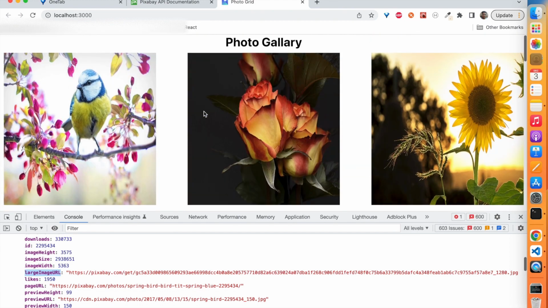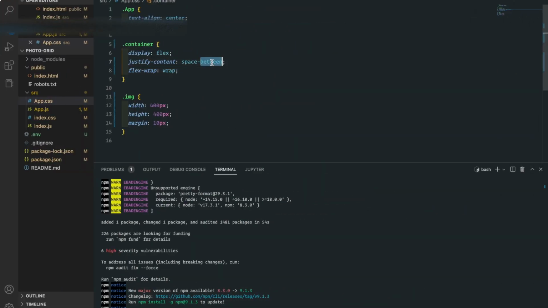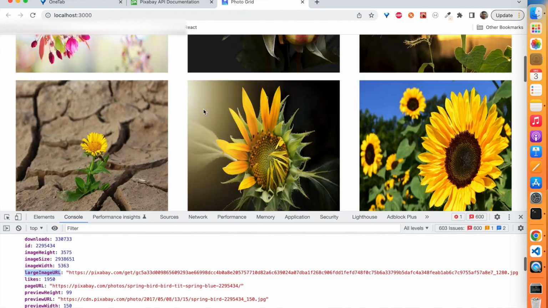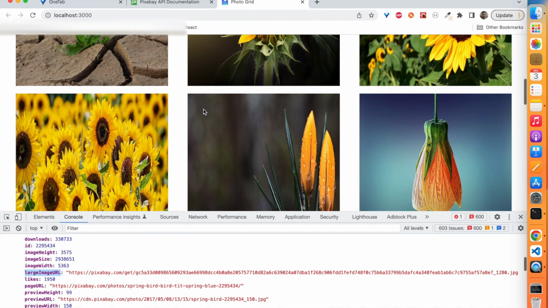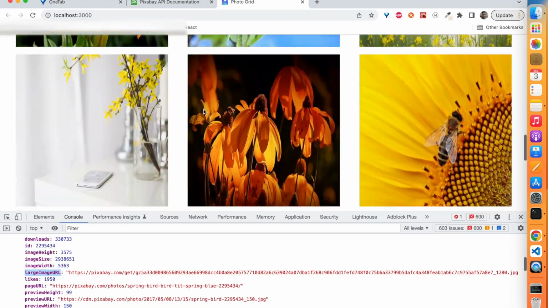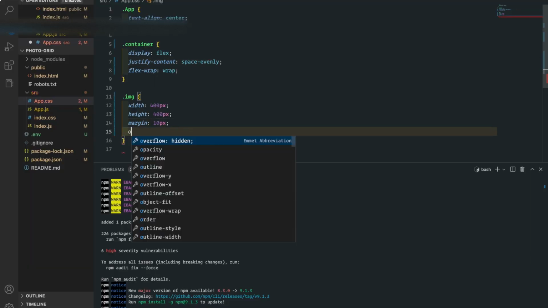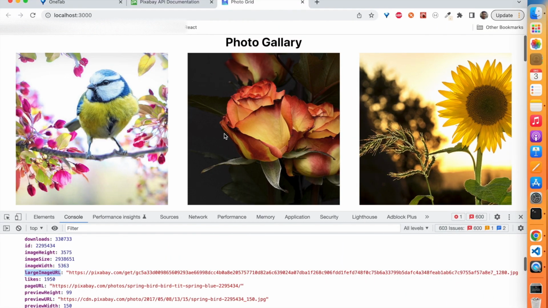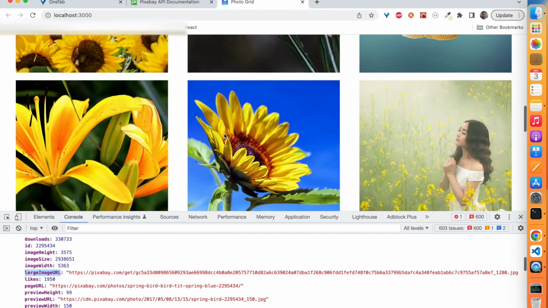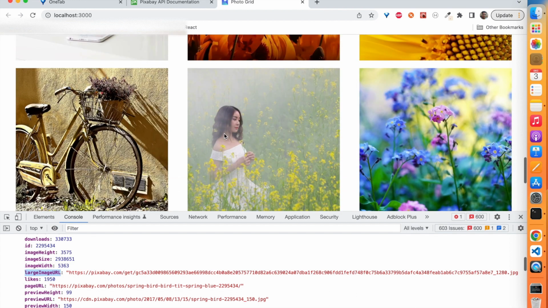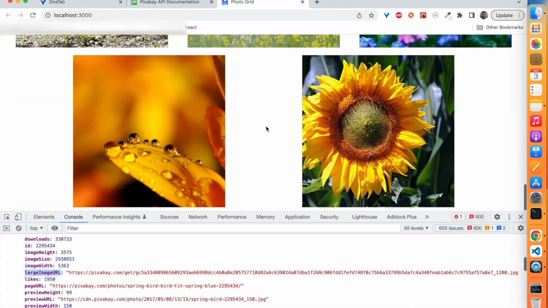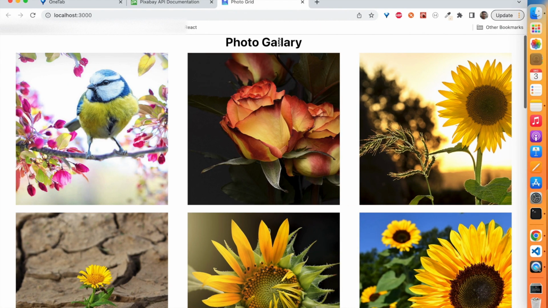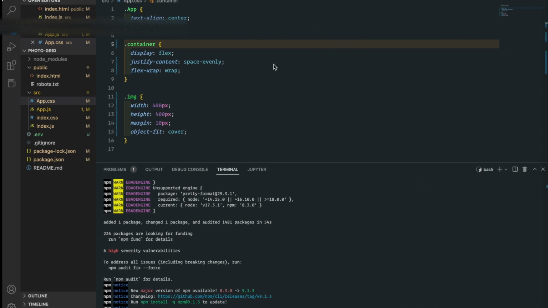Okay, so what we do, this is space evenly, so it will append the images evenly. We can also do object fit as cover to make the images look more filled. Okay, we can also add some space between this photo gallery to the top and all, so we can